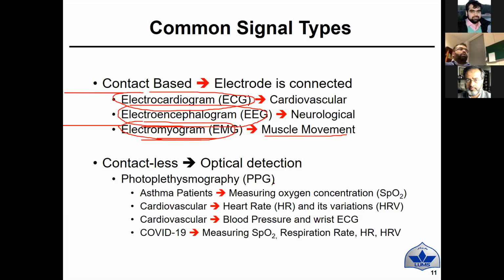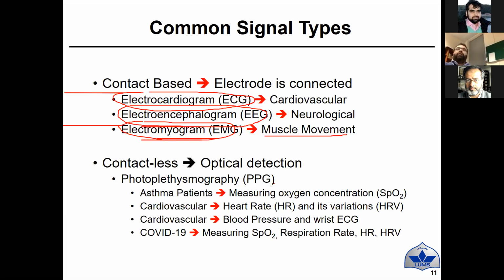They are used for a lot of applications, for asthma patients, to monitor oxygen concentration, which is common nowadays. I normally do it for my parents just because of COVID and all of the other symptoms. We measure this SpO2 for children. Previously, we used to do it because of smoke. This SpO2 is a common thing. Cardiovascular, again, because from this PPG signal you can also measure the heart rate. We normally call it pulse rate, and you can also measure the pulse rate variations or heart rate variation. That is very much important, how your heart is behaving.